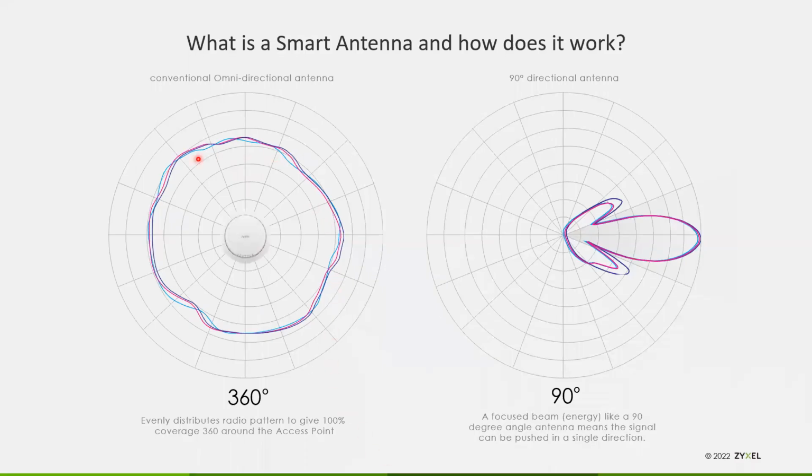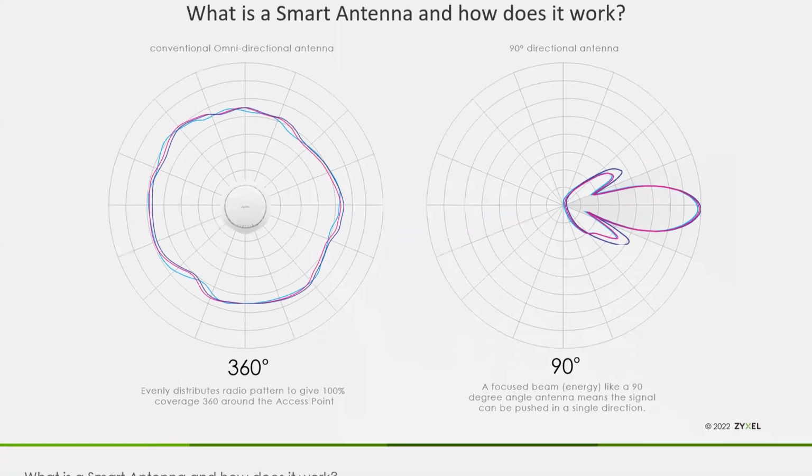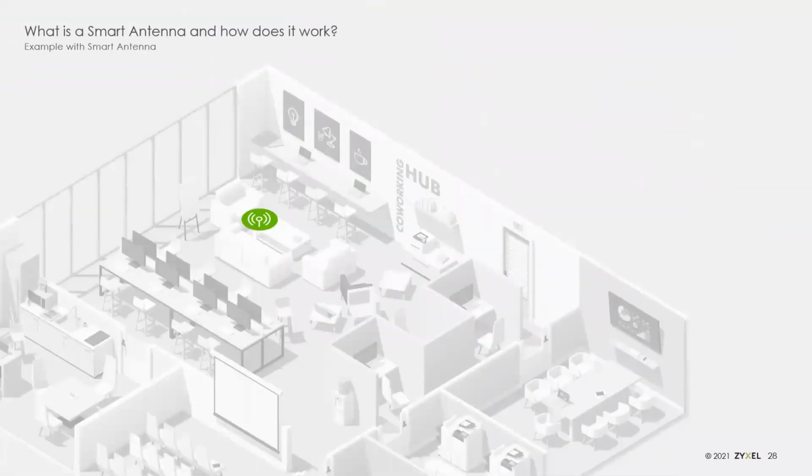This is just showing again, a typical AP has a fixed antenna pattern. Usually this round one, although if you're doing point-to-point bridges, they may have a directional antenna built in. So with smart antenna,